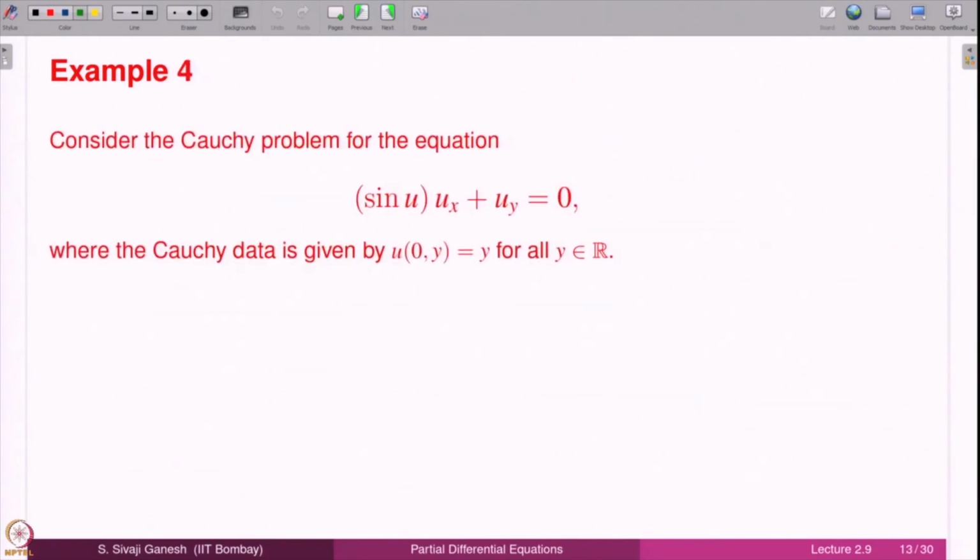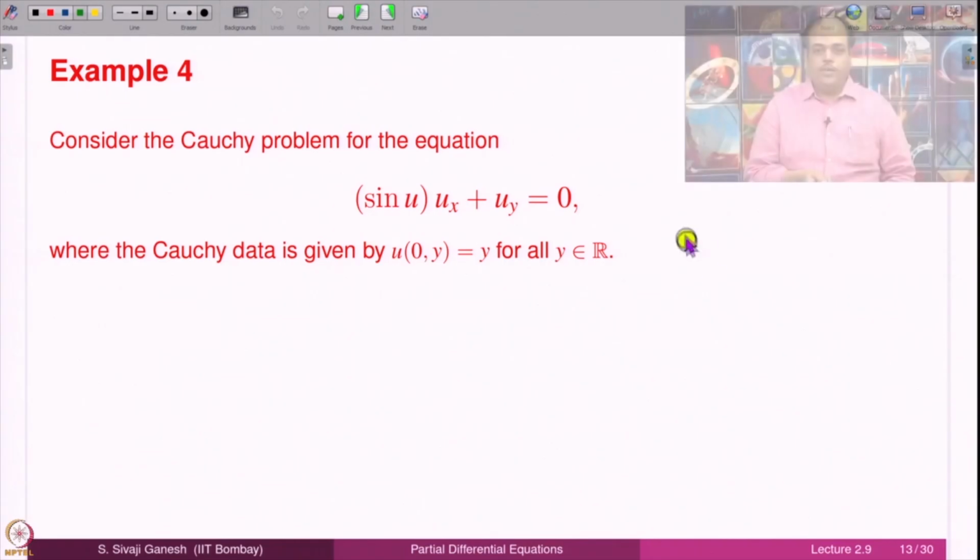Okay. Let us look at another example. This is a very non-standard example. This was constructed with something else in mind, but it turned out to be a very good example. It is a quasi-linear equation. So far we have considered only linear equations, but this is a quasi-linear equation, sin u u_x plus u_y equal